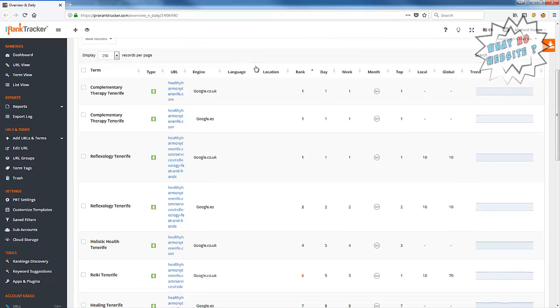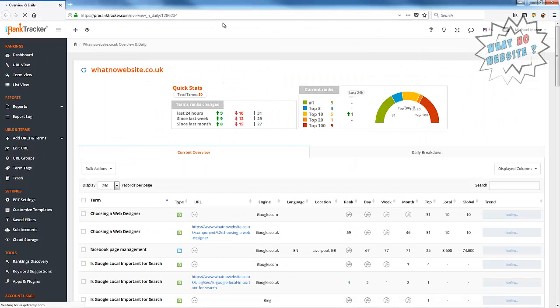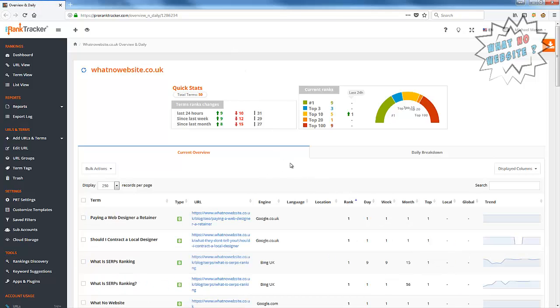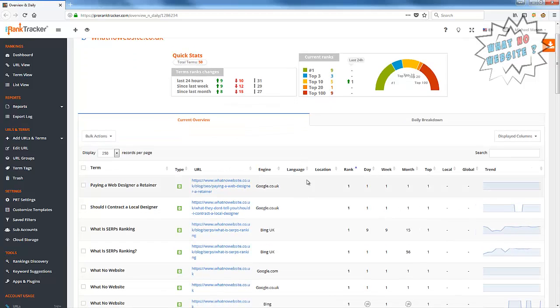And what we actually do here is you'll see it's tracking the search terms every day, every week, and then every month. This particular website's only been tracked for a few weeks, so we don't have any monthly statistics. But I'm going to bring one over in a moment that actually has a little bit more history to it. If I open this. There we go. So if I bring up my website here,